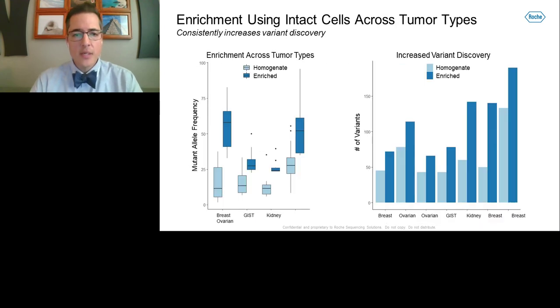So we have done this across samples from our clinical feasibility study. Here we have breast, ovarian, GIST, and kidney on the left. You can see that in all 4 cases, we consistently have enrichment from the homogenate. And on the right, every time we do enrich, we detect more variants. In some instances, we detect more than double the number of variants in the homogenate, and in other cases, we find around 20 to 30% more